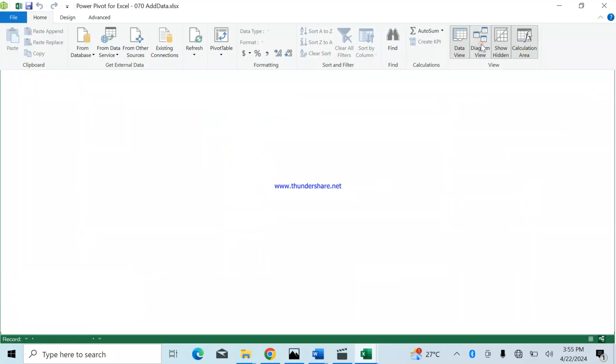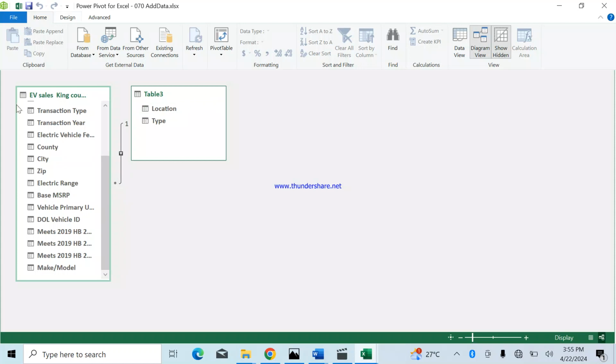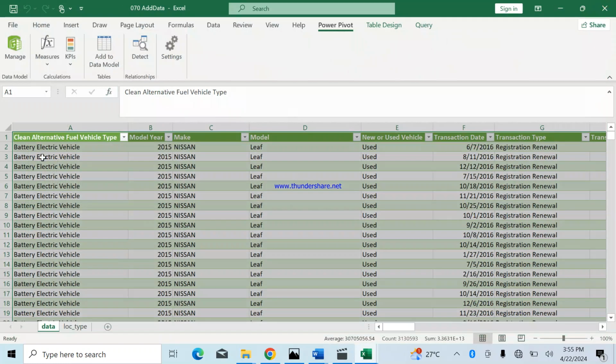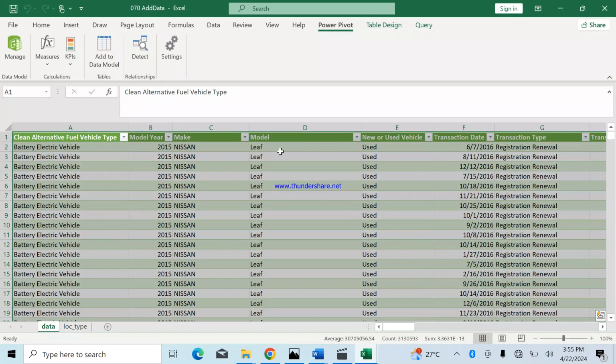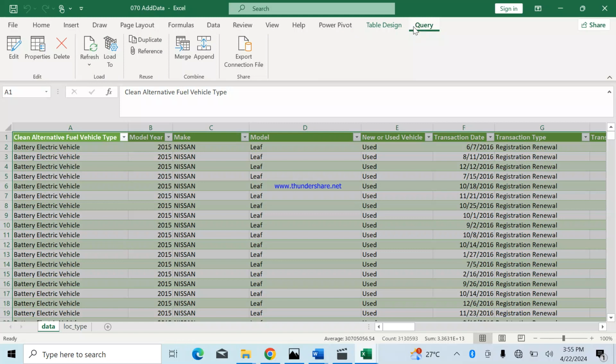then check your diagram view. So be sure it's like this. If it's not there, then it means you have to go back, then click on Add Data so you can add. You select these other ones, this one, and then you add it. So you have done that. So you can now come back to your Power Pivot,